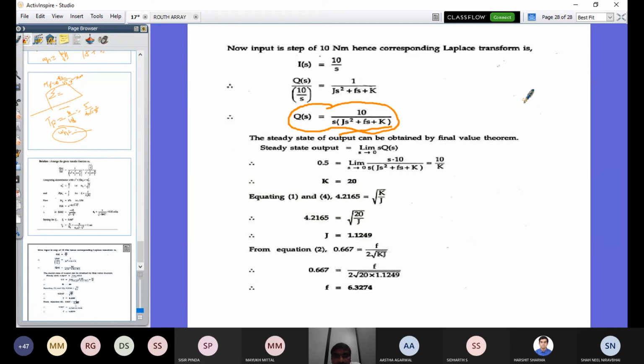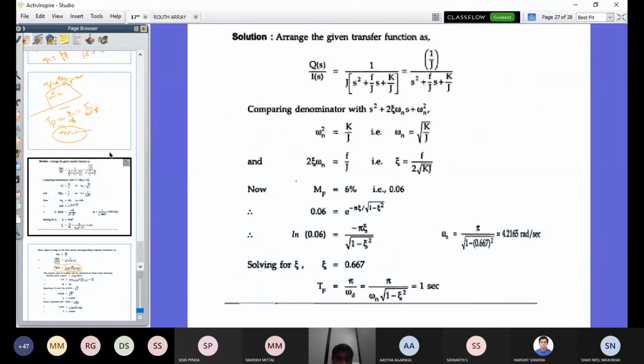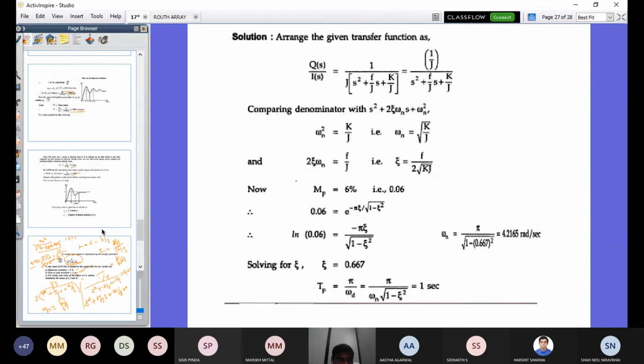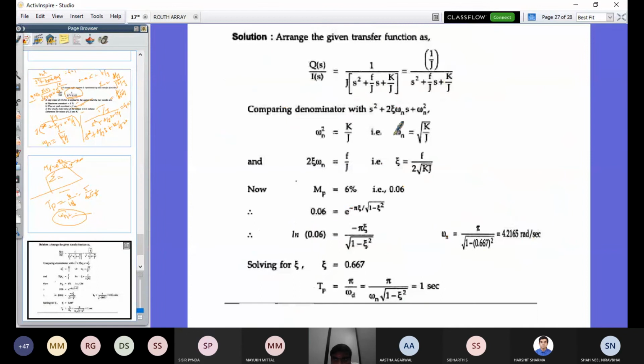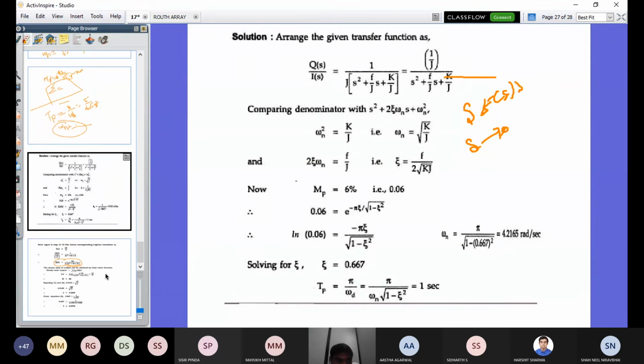Next, steady state error. Already we have discussed what the steady state error is. What is the general equation for steady state error? In the previous case, we considered an open loop control system, that's why we were finding Kp, Kv and Ka. But here we directly have the closed loop control system transfer function. So how to find it? Directly you can substitute into the equation: remember, limit s tends to 0 of s into E of s. E of s is nothing but the transfer function.